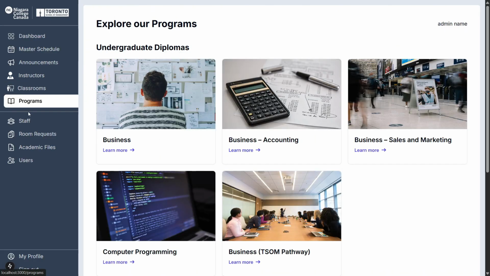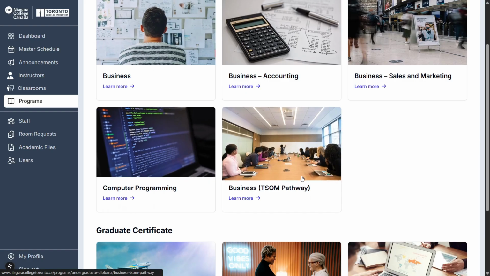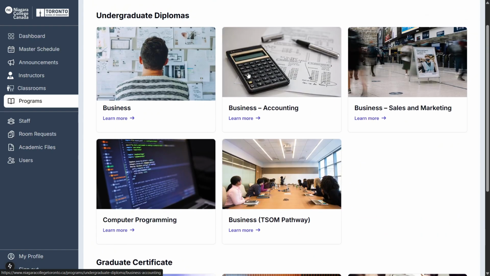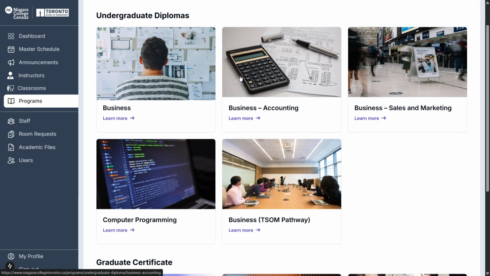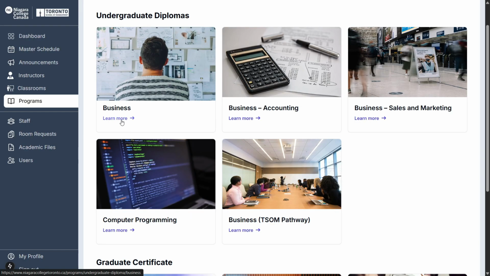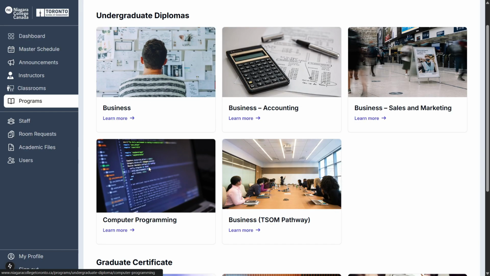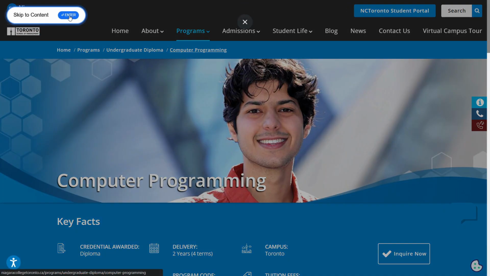And in the programs you can see different programs that are going on. And I have added this zoom in effect. When you hover over it, it looks nice. So when a user clicks on this, it will go to our college website. If we go to computer programming, it will directly open the page of this. So for this logic I have used,